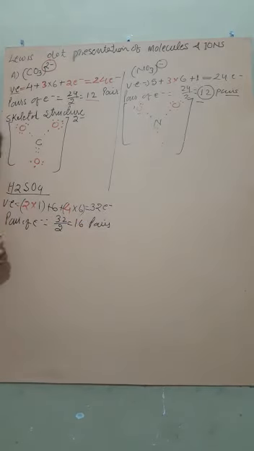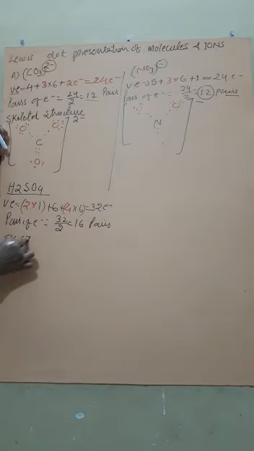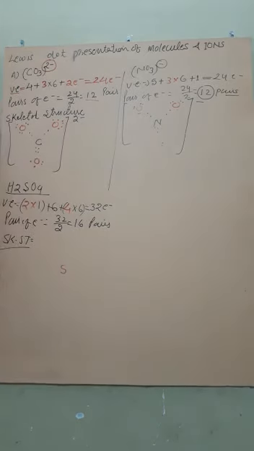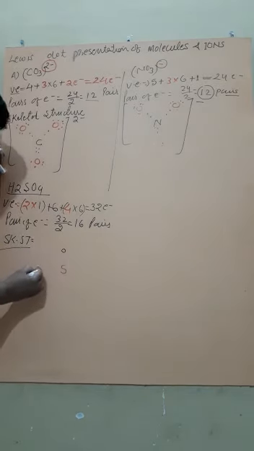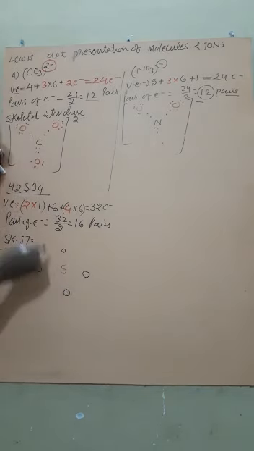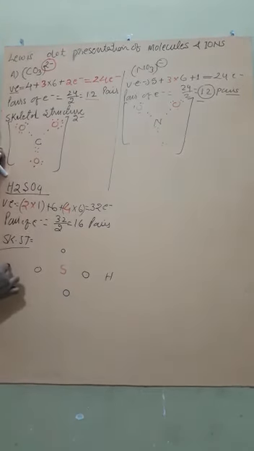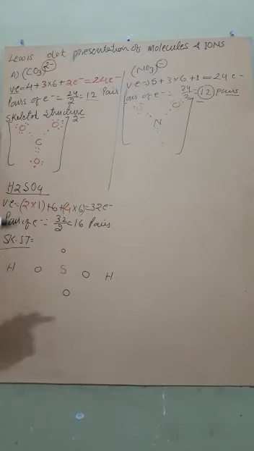Now the skeletal structure. The center atom is the one which is less electronegative, so this is sulfur, and in the surrounding there will be 4 oxygen atoms: 1, 2, 3 and 4. And always remember, hydrogen can never come in the center or middle position because its valency is 1. Therefore, always draw it at a terminal position, where it can show only 1 valency.